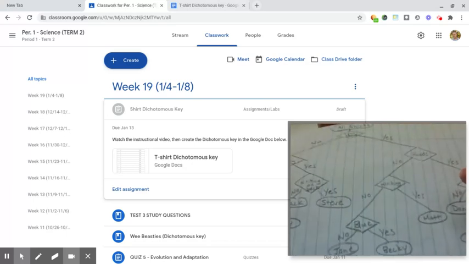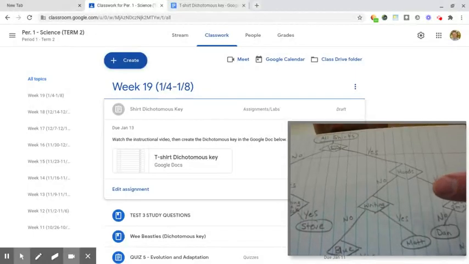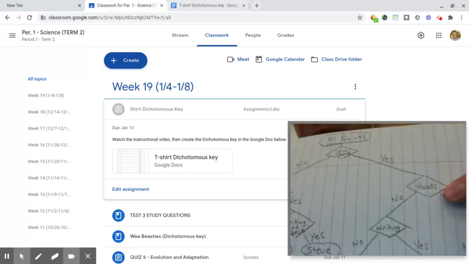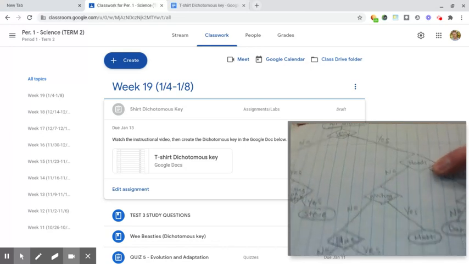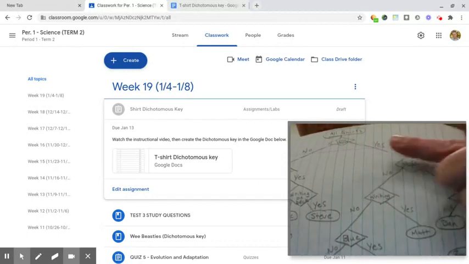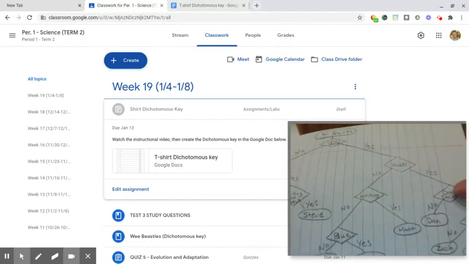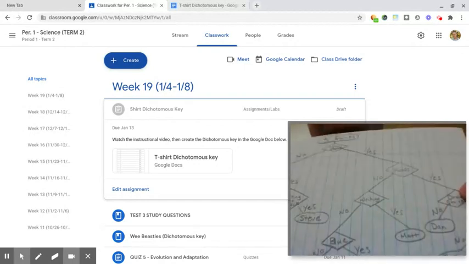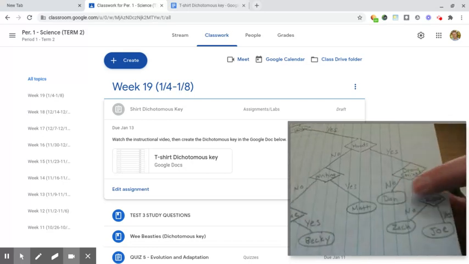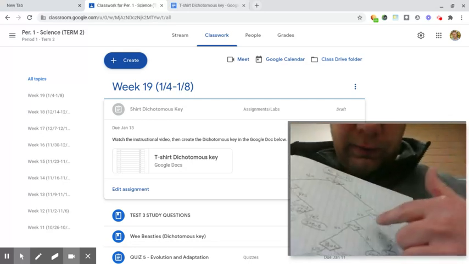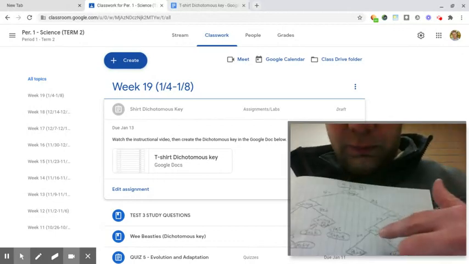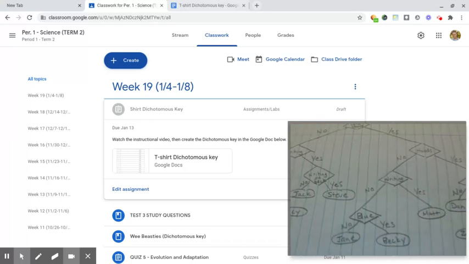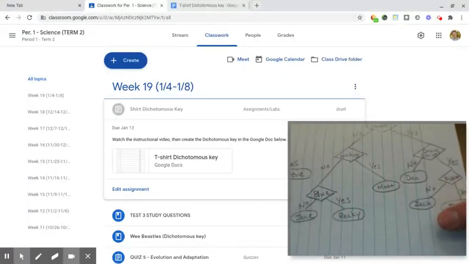And then we said, okay, let's look at the group of people who have long sleeves, and we asked another yes or no question. Each diamond was a yes or no question. For example, this one said, do these long sleeve shirts have hoods? And again, we divided into two groups. There were those who had long sleeve shirts who had hoods and those who did not. And we kept asking questions like, does it have drawstrings with the hood? Yes or no? And we kept going. And then the ones that did not have a hood, we said, does it have writing on it? Or is it blue? And we kept going,